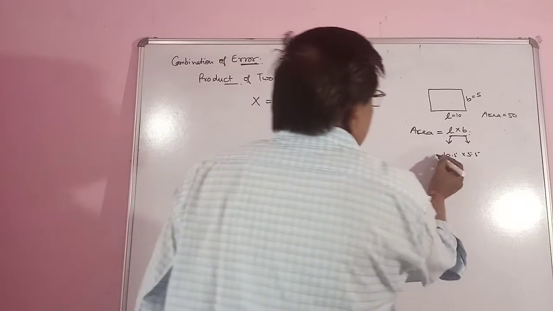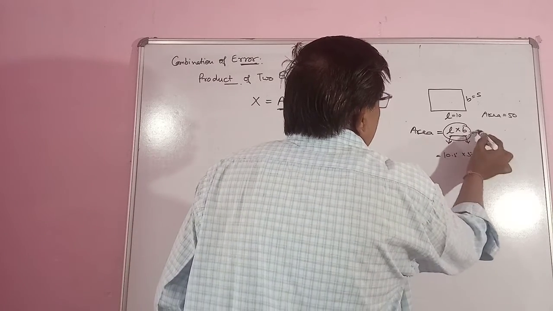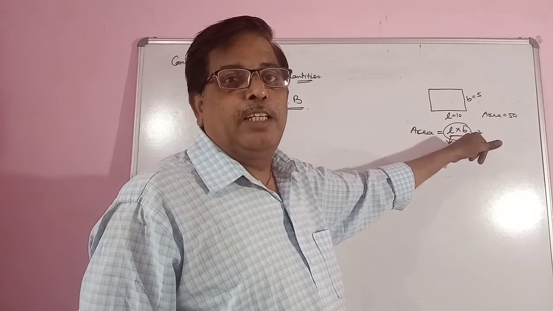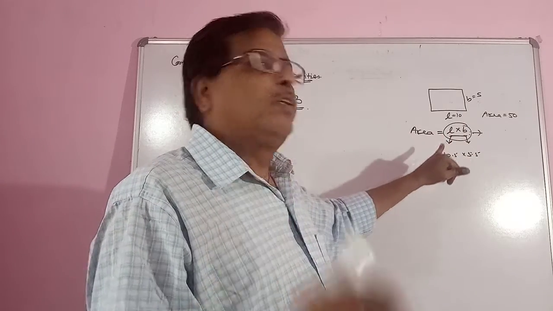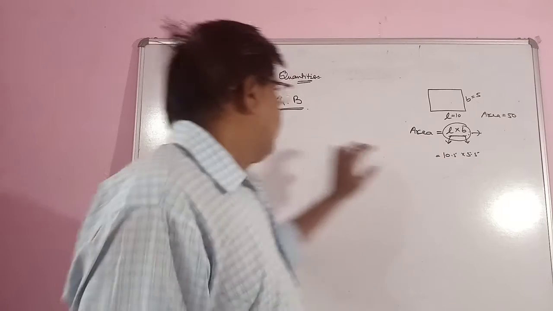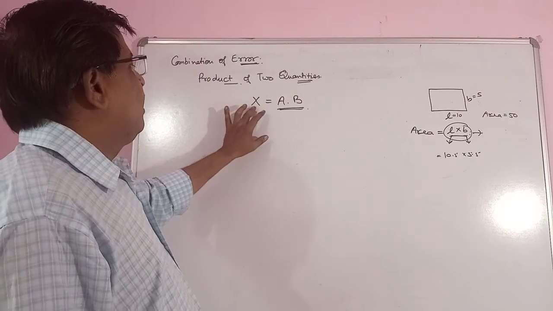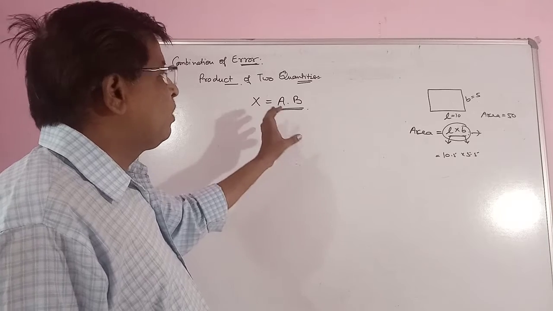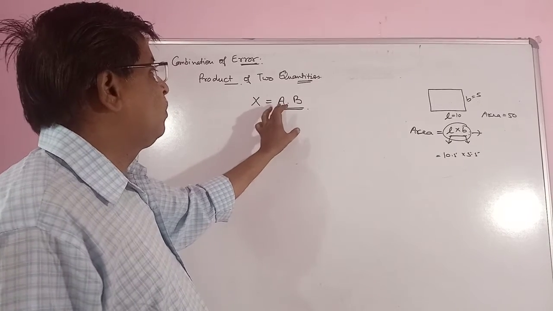So obviously when some error is introduced in measuring L and B, definitely its effect will be reflected on the area. In a similar way, x is a physical quantity which is related to A and B as x equal to